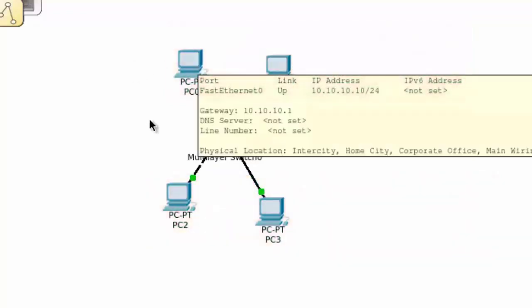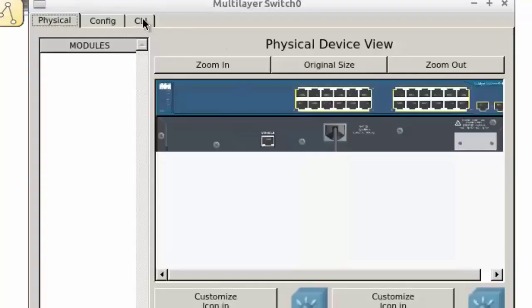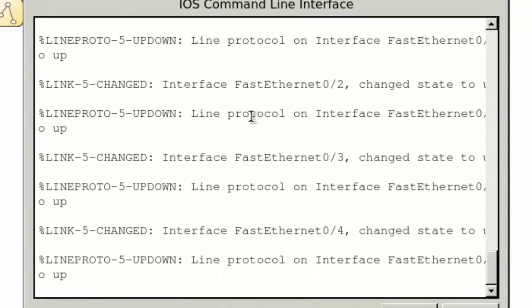We're using Packet Tracer again, and in the middle we've got our multi-layer switch because I wanted to demonstrate some commands that you would be using on a multi-layer switch. You shouldn't be tested on multi-layer switches in the CCNA exam because it's not in the syllabus. However, Cisco do reserve the right to ask you whatever they feel like asking in the exam if you check their terms and